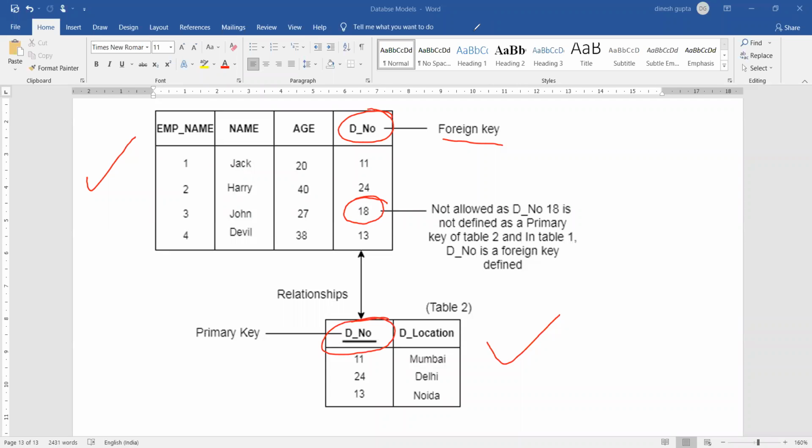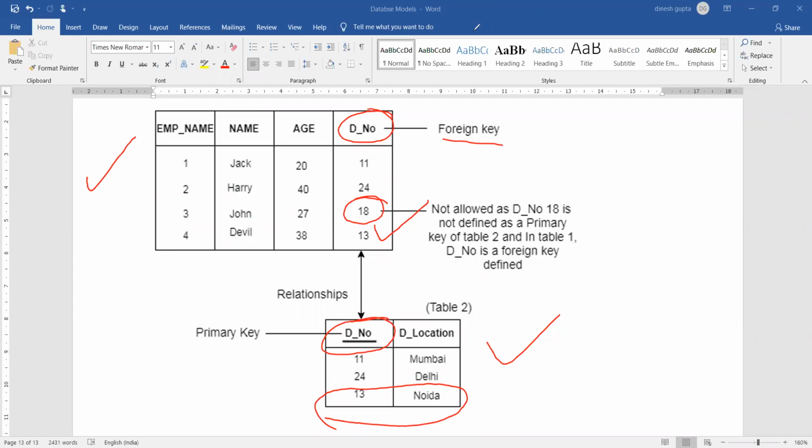मीन्स प्राइमरी की में एक एंट्री एग्जिस्ट नहीं करती है या आईडी एग्जिस्ट नहीं करती है और आपने उसको फॉरेन की टेबल में डाल दिया। सिमिलरली, थोड़ा ध्यान दीजिए, सिमिलरली अगर मैं इस एंट्री को डिलीट करना चाहता हूं, इफ आई वांट टू डिलीट दिस एंट्री, तो क्या मैं कर सकता हूं? द आंसर इज नो। अगर मैं इसको डिलीट करूंगा तो फिर से रेफरेंशियल इंटीग्रिटी वायलेशन हो जाएगा, बिकॉज इसको डिलीट करने के बाद जो आपका टेबल नंबर 1 है उसमें 13 की एंट्री रहेगी और टेबल नंबर 2 में 13 की एंट्री रिमूव हो जाएगी। तो इसका सोल्यूशन क्या है?